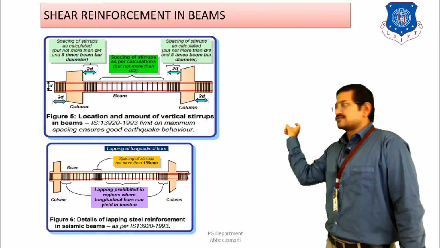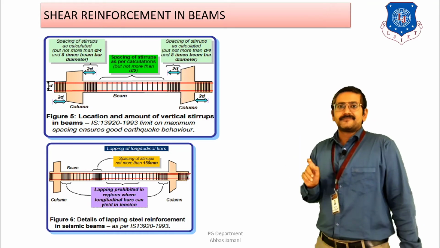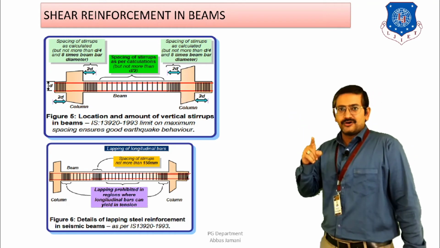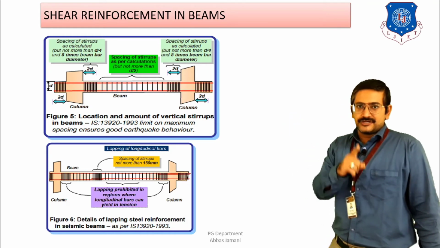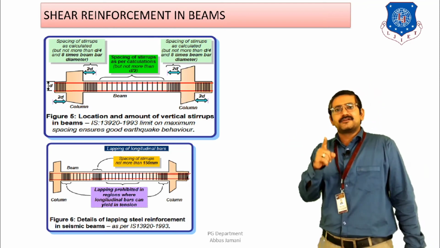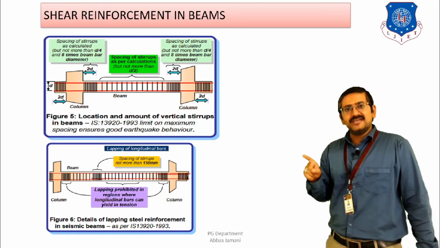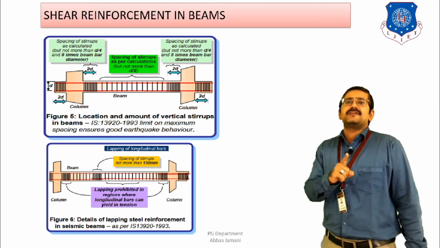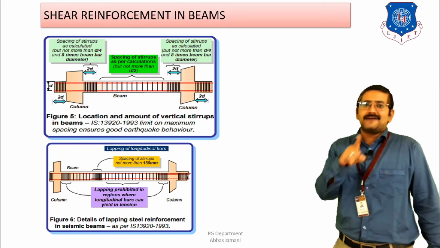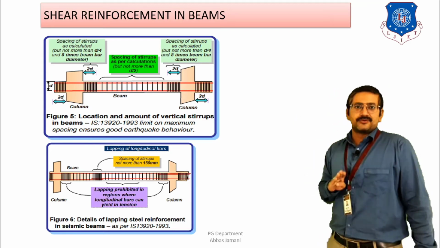That is, for a distance of 2d from the face of the column, these closed stirrups are to be provided, and in this range of 2d, the spacing of the stirrups has to be the minimum of 3 criteria. The first criteria is d by 4, second criteria is 8 times the diameter of the longitudinal bar, and third criteria is 100 mm. And in the case of the longitudinal bar, the smallest longitudinal diameter should be considered, right? And when I am talking about d, either 2d or d by 4, in both cases the effective depth of the beam has to be considered, that is the depth of the beam calculated after subtracting the cover, right? So that is how the stirrups are to be provided near the support.